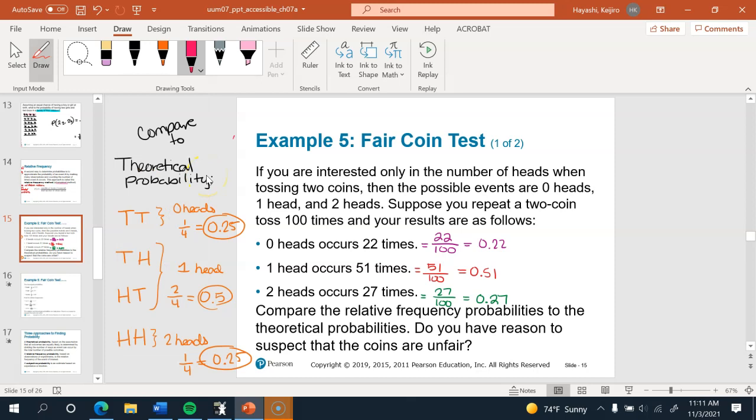Now, if we look at these side by side, they're not exactly the same, right? Because in real life, there is an element of uncertainty, right? Nothing that you do in real life is going to happen the exact number of times that the theoretical probability says it will. For some people it'll happen less, for some people it'll happen more. Not an accurate amount, right?